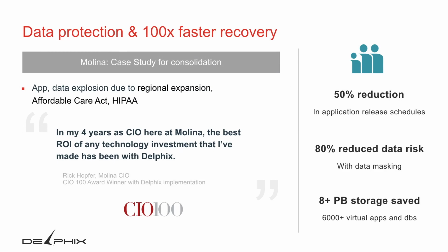And Molina, they have petabytes of data on Delphix. One of the things they needed to do was match the data, and again, they reduced the data risk by 80%. So just to summarize then,